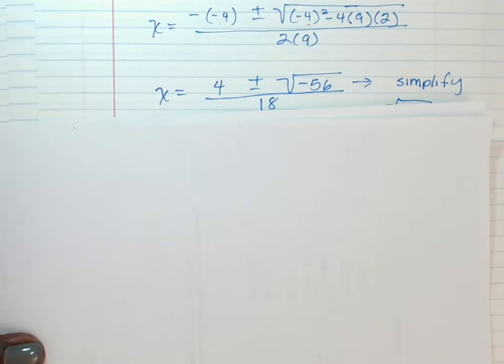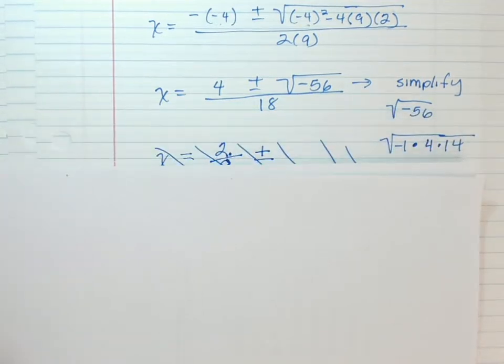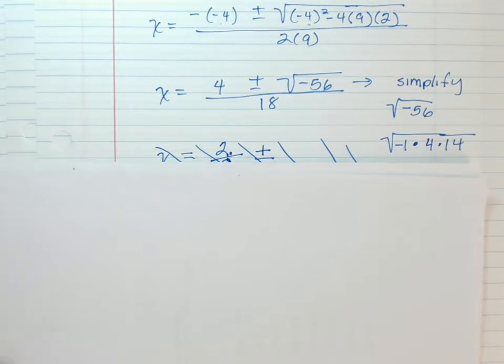But really, I'm going to focus in on things that are perfect squares. I'm not going to start with 2 because I can't take the square root of 2 and get a round number. So I'm going to focus on things that are perfect squares. And I start with 4. I wondered if negative 56 was divisible by 4, and it turns out it is. And you get 14 if you divide it by 4. And when I thought about the factors of 14, none of those are perfect squares. So I knew I couldn't go any further. This is as far as I could go. So given that,